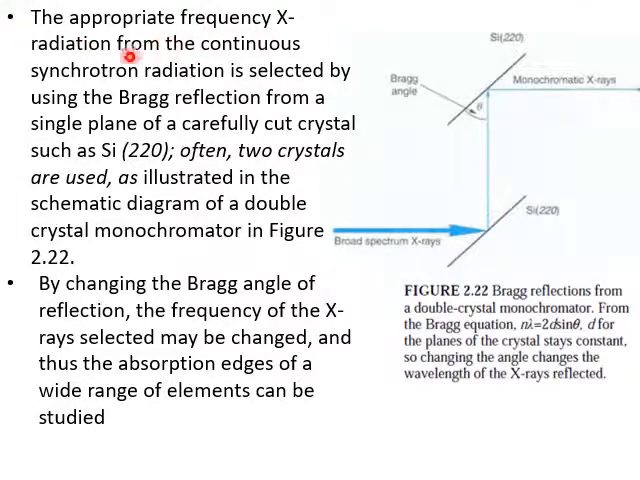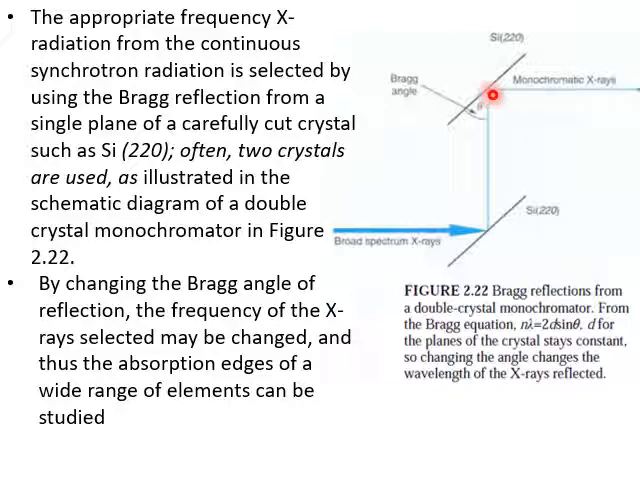The appropriate frequency of X radiation from the continuous synchrotron radiation is selected by using Bragg's reflection from a single plane of carefully cut crystals such as silicon 220 plane. Often two crystals are used, as illustrated in the schematic diagram of a double crystal monochromator in figure 2.22. So here the broad spectrum X-rays fall on the silicon 220 plane. Then after a reflection from this 220 plane, they fall on another silicon crystal whose 220 plane is in front. They fall at a Bragg angle